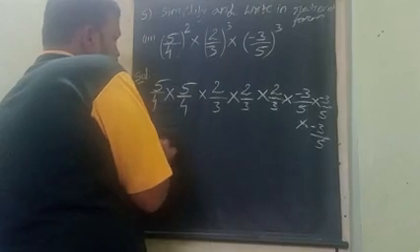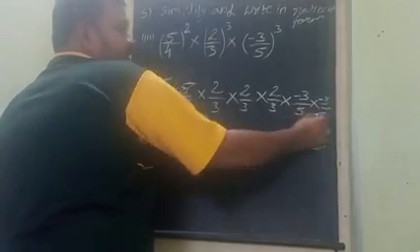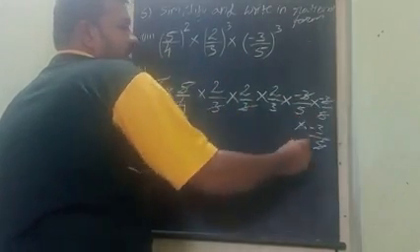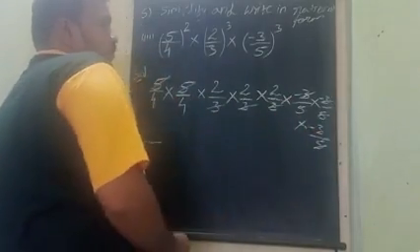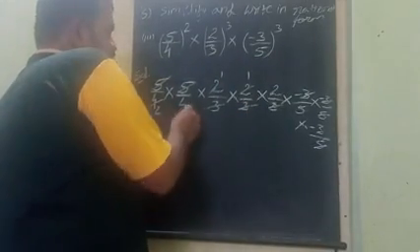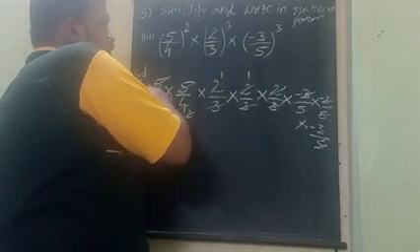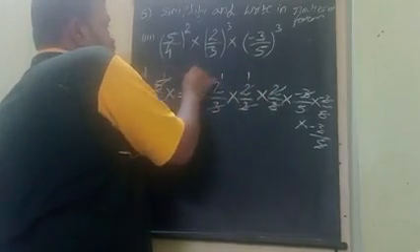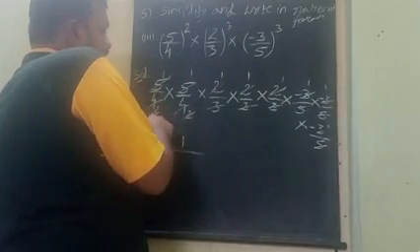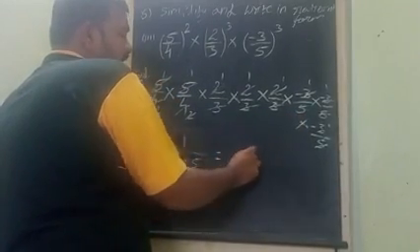The sign is completed. Now if any cancellations are there, do the cancellation. 5 and 5, again 5 and 5, and 3 and 3, 3 and 3, 3 and 3. So 2 table: 2 one time, 2 times. Are there any more cancellations? Nothing is there. In the numerators, what is left? 1, 1, 1, 1, 1, 1. So 1 into 1 into 1 total is 1. The denominator has only 2 and 5, so 2 into 5. The answer is minus 1 by 10.